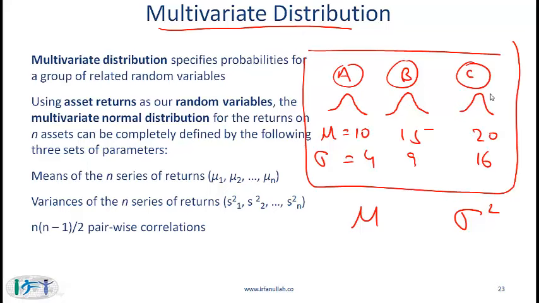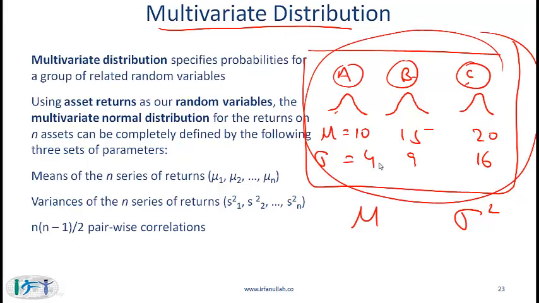And the fact that if each individual variable is normally distributed, then the overall portfolio's returns will also be normally distributed, and we can compute the mean or expected value for the portfolio as well as the variance for the portfolio,